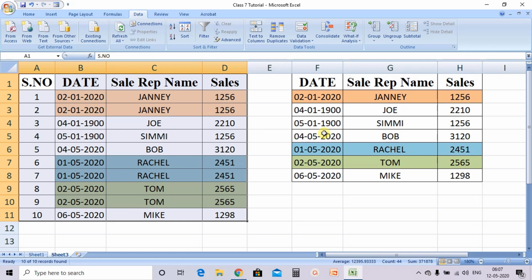So we have covered three topics, that is sorting, how to arrange the data either in ascending or descending order, then filtering data. If you want to see a specific piece of information from thousands of records, then you can use the filter option. And if you want to see all the unique records in your data set, in your database, then you can make use of the advanced filter option. So in this tutorial we have covered the three topics.